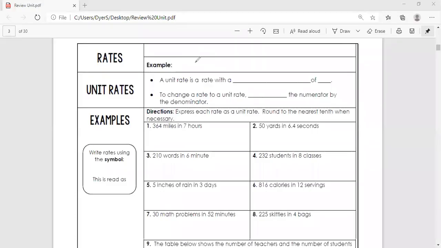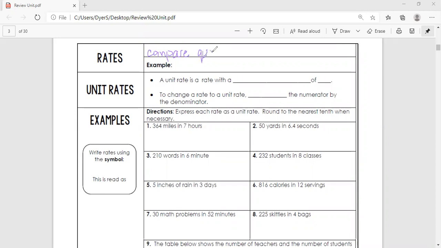All right, students, so here we are again, and now we are looking at the second part of our review lesson, or review unit, I should say. So rates. Rates compare. So it goes right along with our lesson on ratios. Rates compare